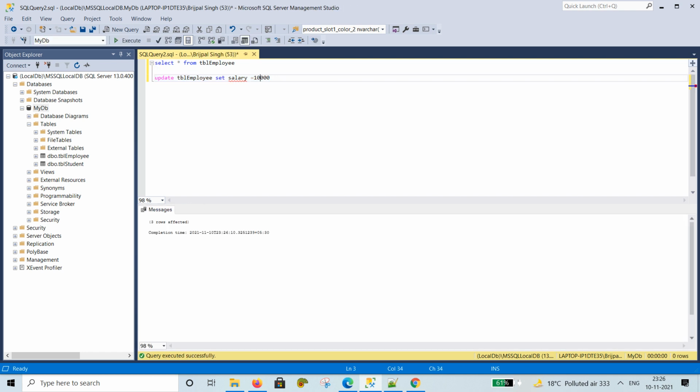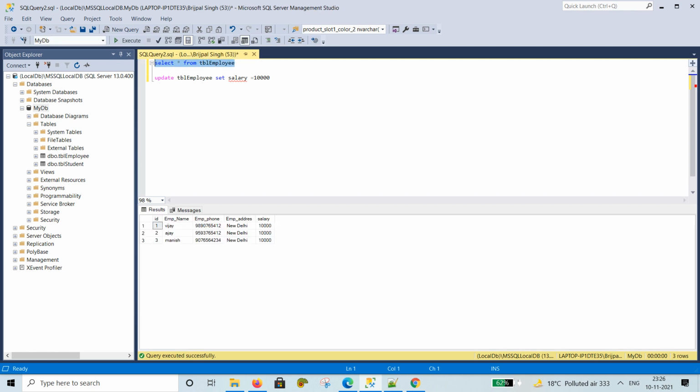This update query updates all rows of the data table. Now select this, the salary column is updated. Because there are no conditions, all records are updated by this query.